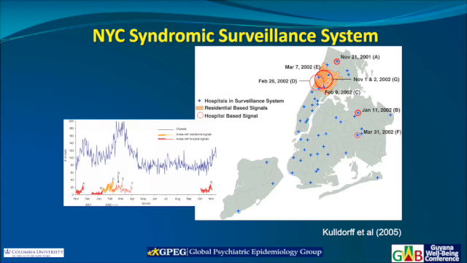And this is an example in 2002 where they found some residential-based signals, in other words, from the community, based on their zip code, that were just too close in space and time. You'll see that northern Manhattan and the southwestern side of the Bronx light up, and that it was for influenza. Again, this kind of system has been used for many, many years.